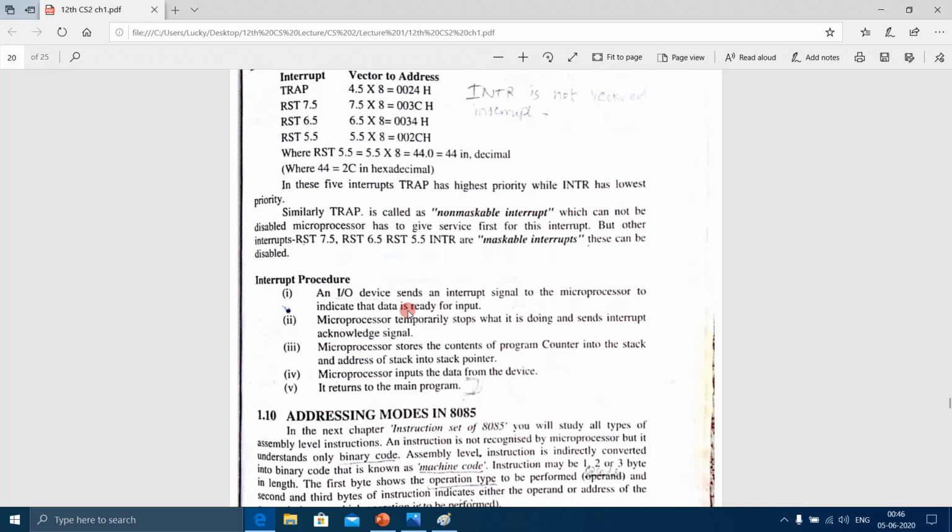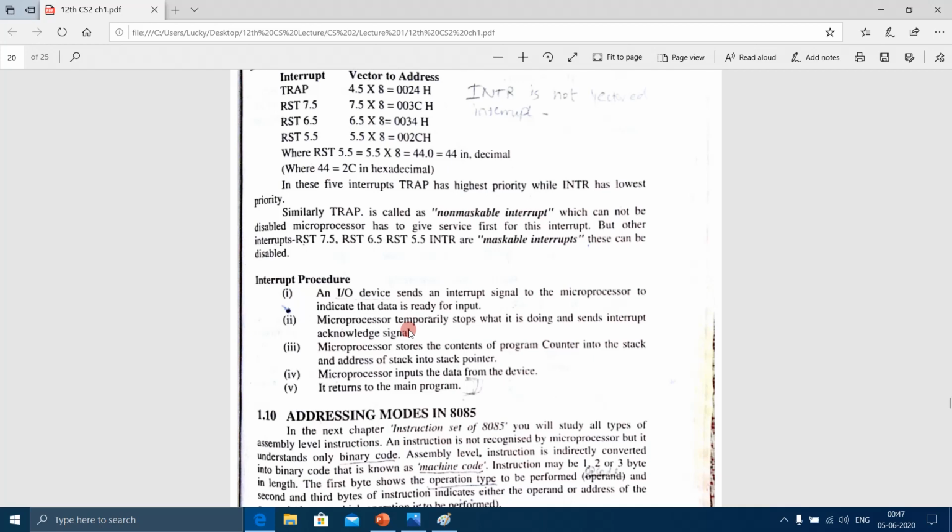At that time the input-output device will send an interrupt signal to the processor. The microprocessor temporarily stops what it is doing and sends an interrupt acknowledge signal. As soon as the microprocessor receives the interrupt, it stops what it is doing and sends the acknowledge to the input-output device that yes, I have received your interrupt signal and I'm ready to provide service to you.